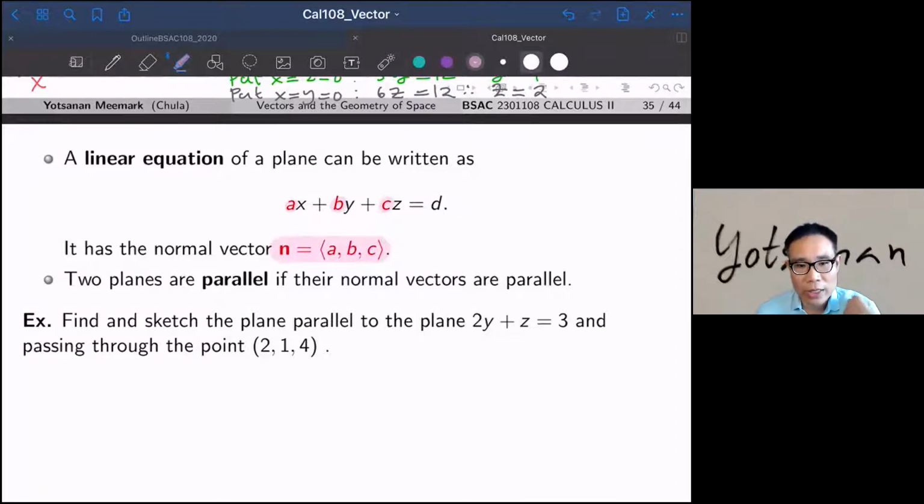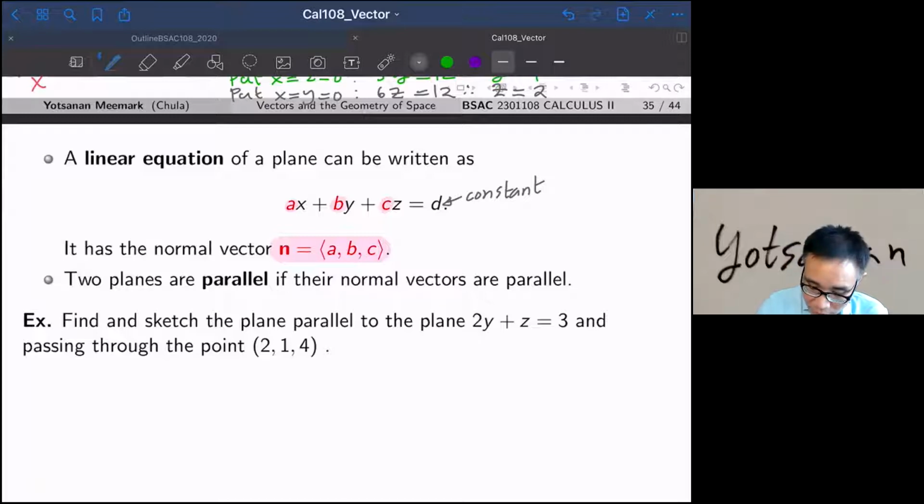So it's going to be n equal to (a, b, c) dotted with the position, and it's going to turn out to be equal to a constant. And this one is called the linear equation of the plane. So when you see a linear equation,